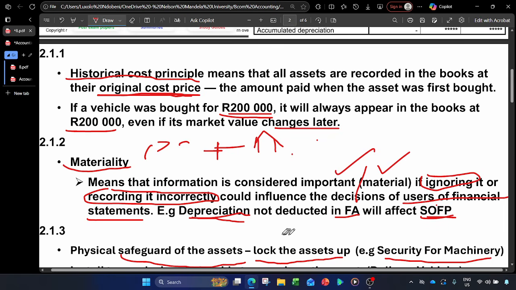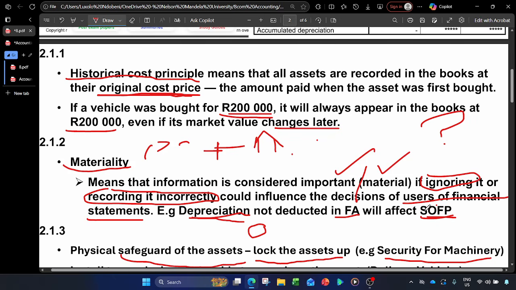Let's say, for example, this is the factory business, and now there must be physical safeguards, not just a camera, because something can be violated and be seen on the footage, but then what else after, because it is already violated. So that means that there must be a physical safeguard of the assets. So that must be a physical human being there for supervision purposes or security for the machinery in the factory. So now what else